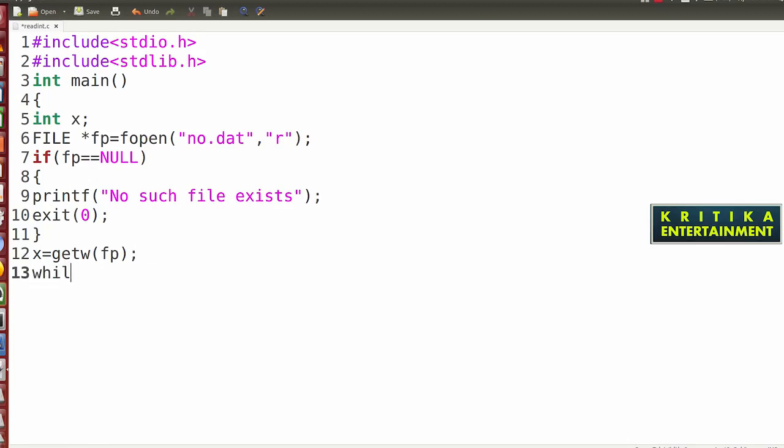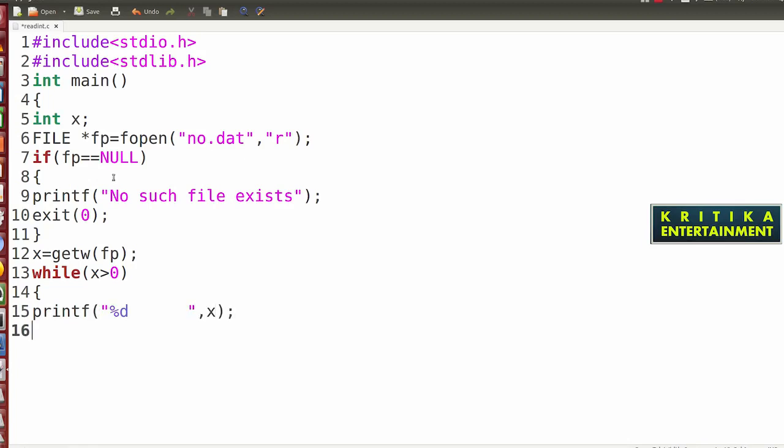Then while x is greater than 0. Whatever value is retrieved from the file, if x is greater than 0, then it will continue. So here write printf %d, give a tab space, and write x.